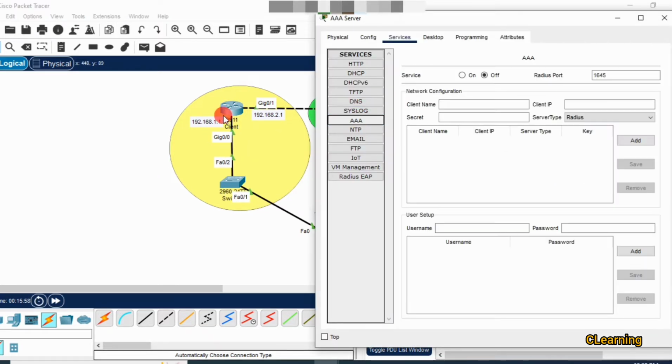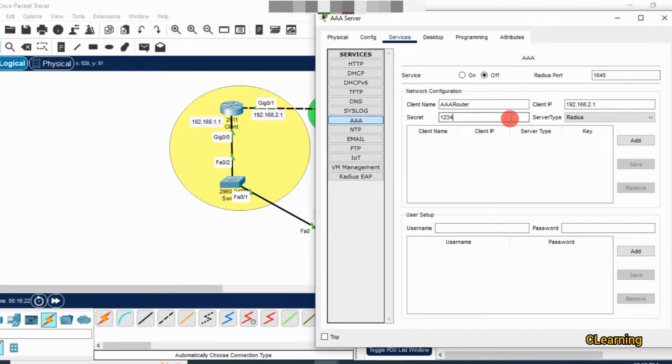Now we will go and configure in the router the key of a specific AAA server. So router, and the IP address is 192.168.2.1, and here the key we will give as